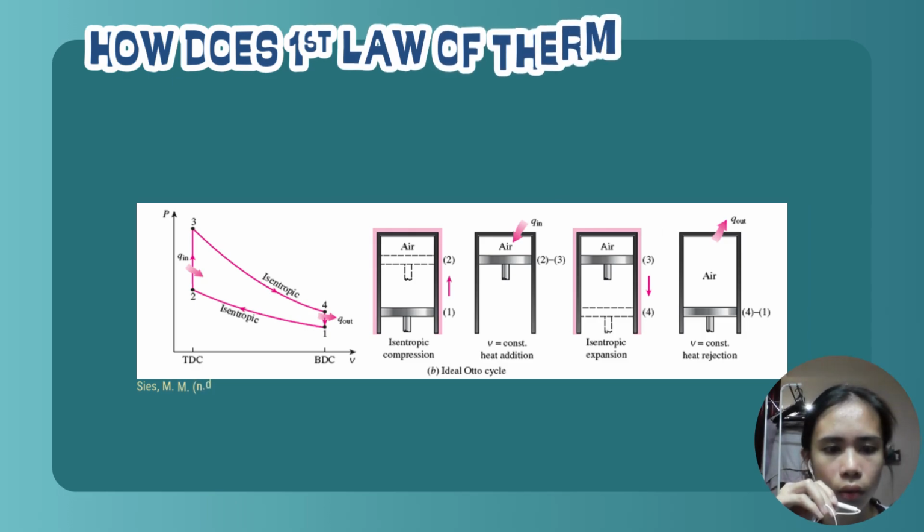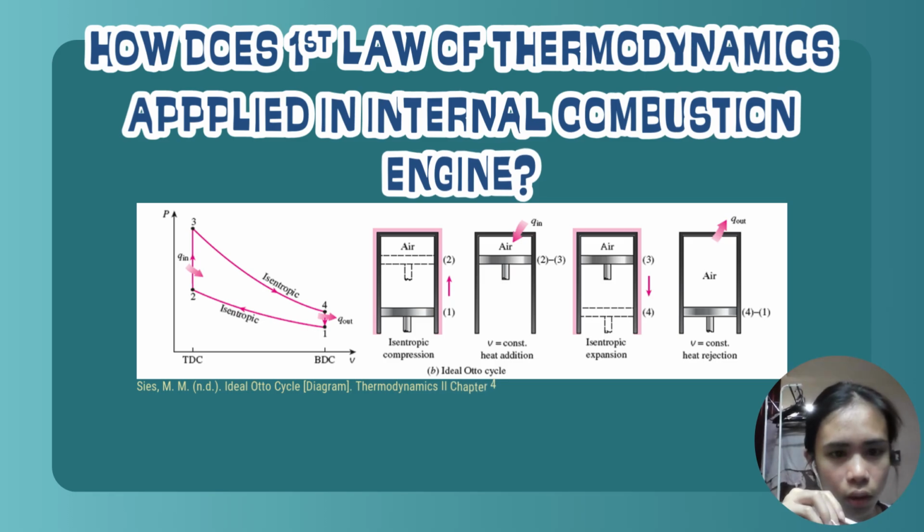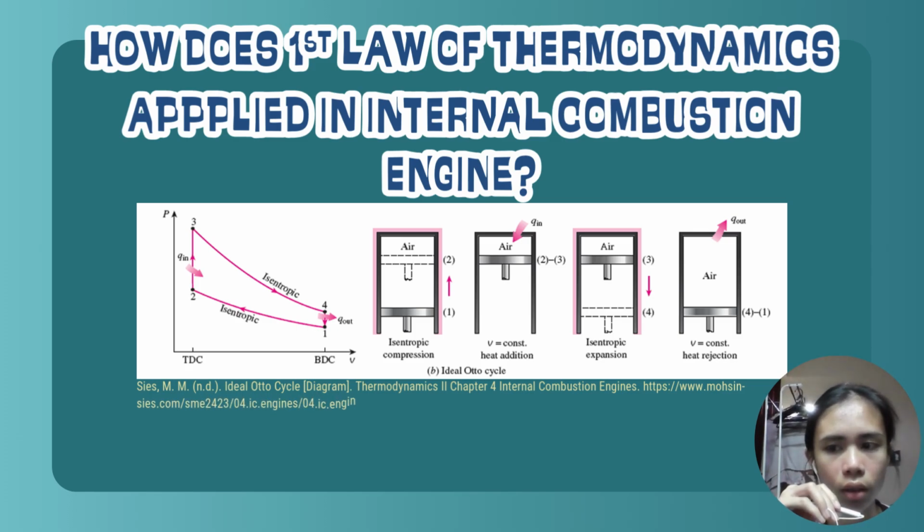So moving on, one of the most popular models of the first law of thermodynamics in the internal combustion engine is the ideal Otto cycle. This helps engineers to understand the four-stroke engine, and we can see that there are four stages in a four-stroke engine. The first one is the isentropic compression, where the piston compresses the mixture, hence work is done on the gas. Then comes the combustion stage where the fuel is burned rapidly.